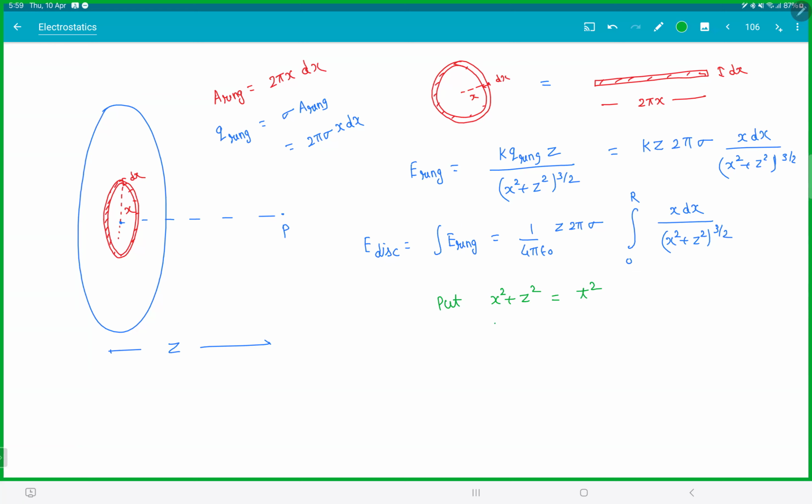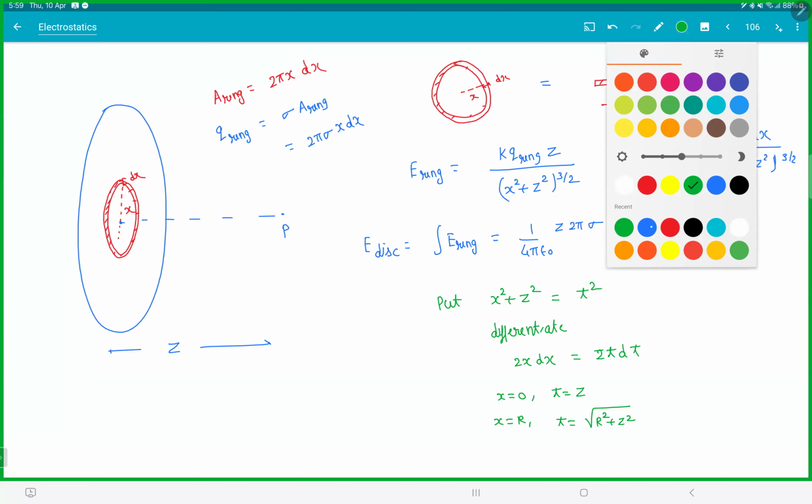You will see. Now differentiate on both sides. If you differentiate on both sides, this guy will become 2x dx. Z is anyway constant. It will become 2t dt. Right? And when you put x is equal to 0, we will get t is equal to z. And when you put x is equal to r, we will get t is equal to root over r square plus z square. So now your integration will become